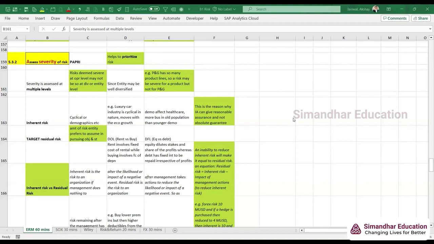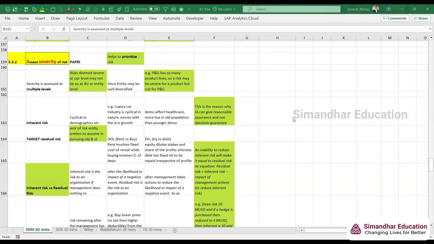Residual risk. So residual risk means that we have a risk, right? We have taken the risk inventory, correct? So we know that we have this risk. Now out of that inherent risk, we can't do anything. But whatever remaining risk is there, we have to mitigate, right? We have to try to reduce it to the extent possible.